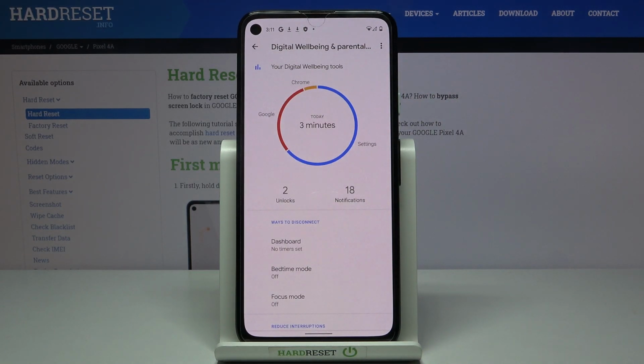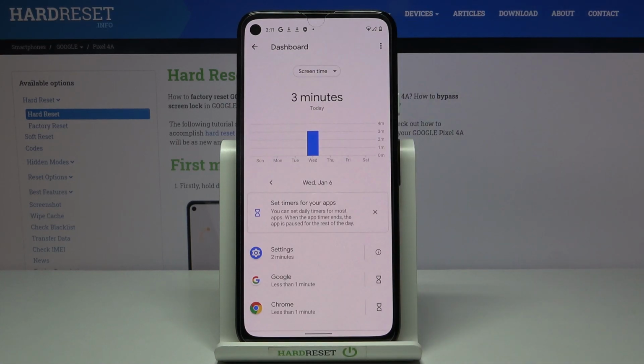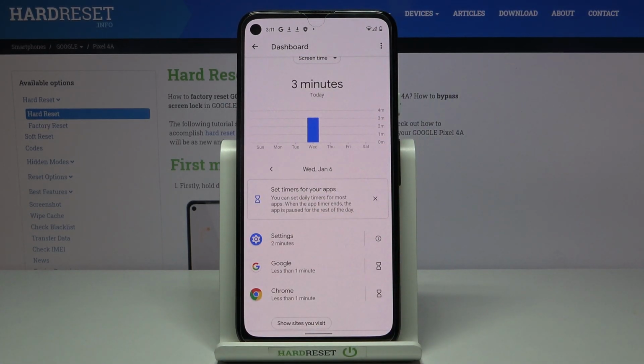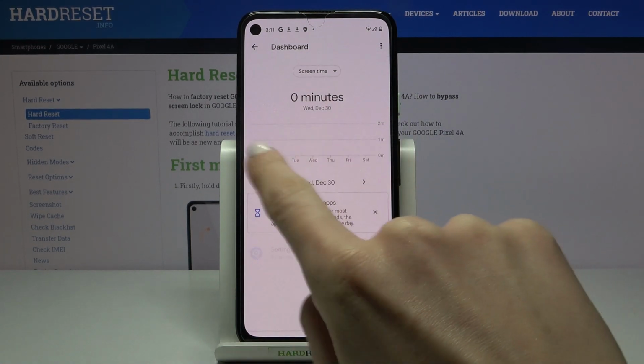And as you can see right in front of you, you've got the statistics, and if you click in the middle of the screen, you'll be able to check some further details, so you can check the stats for each application itself. And obviously you can go back in time and check the previous